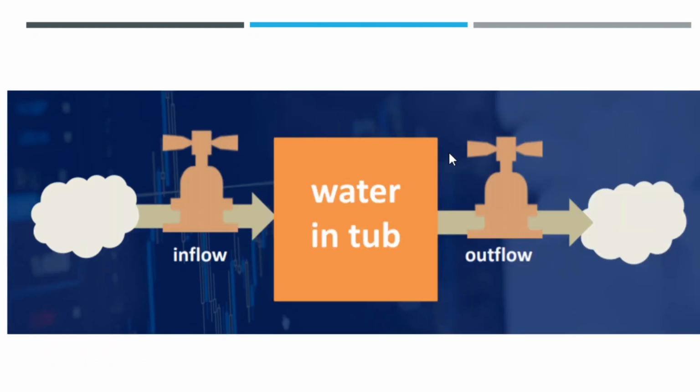Okay? Next. Okay, so let's proceed to this. It's just simple. For example, there is a bathtub. In the bathtub, you have a stock of water. When you open the faucet, that would be the inflow event. Then the drain, I forgot the term, the plug. You plugged it first, so okay, there is no outflow. But when you remove the plug, it will flow out, so the water in the tub will decrease.